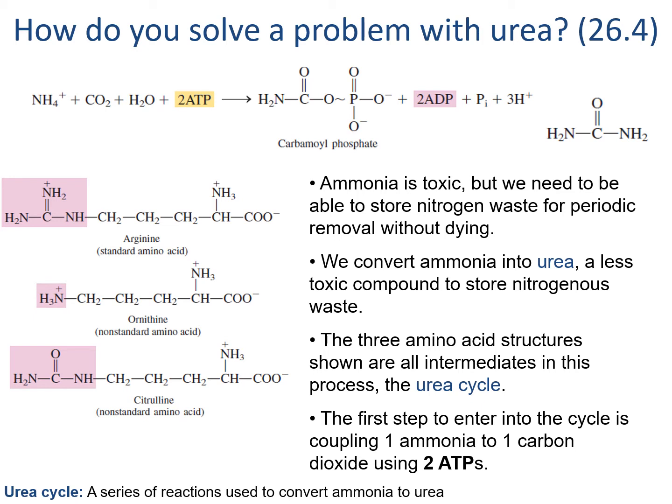Urea is actually the amide version of carbon dioxide, ultimately coupling two toxic ammonias with a waste carbon dioxide and removing them all together. The urea cycle starts by coupling the first ammonia onto carbon dioxide and then activating it with a phosphate. The resulting carbamoyl phosphate is actually what joins into the urea cycle, and it costs 2 ATP